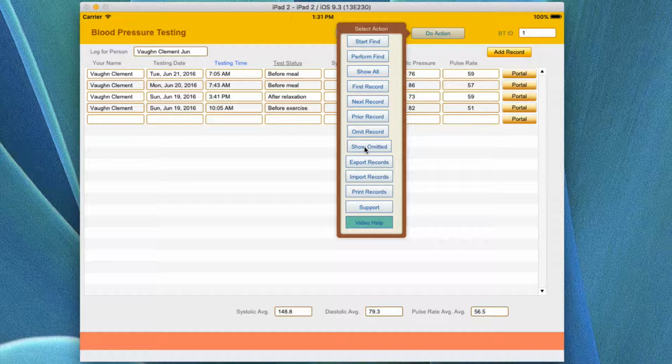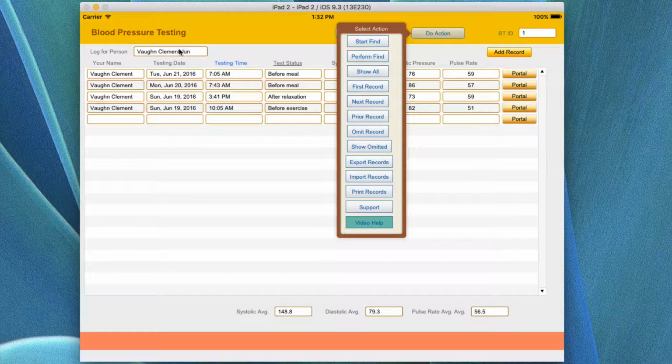The balance of the information in here, we showed omit record, show the omitted where we switched them, and then we have export records and import records. Importing records to a screen has to be done in the actual record, like the primary. If you're exporting and importing, it has to come from that particular field. As far as a screen is concerned, you cannot export or import fields data into an actual multi-line portal. So you have to go to the portal record to bring in the portal records